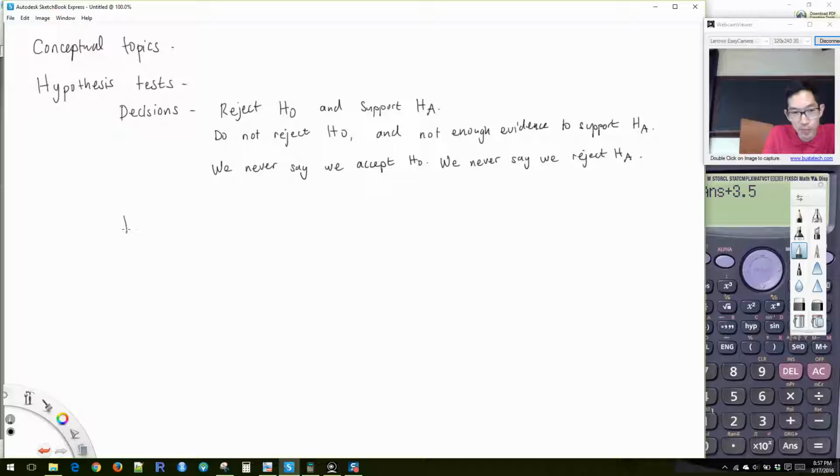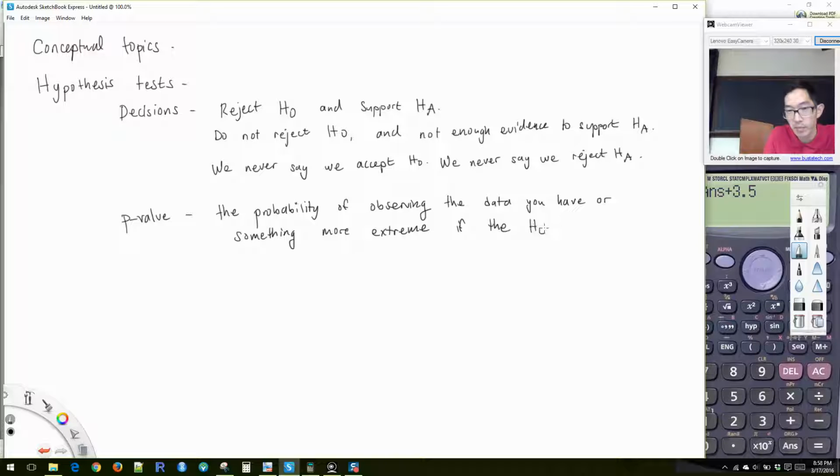All right, let's talk about what our p-values are. The p-value is the probability of observing the data you have, or something more extreme, if the null hypothesis were true. Okay, so for example,